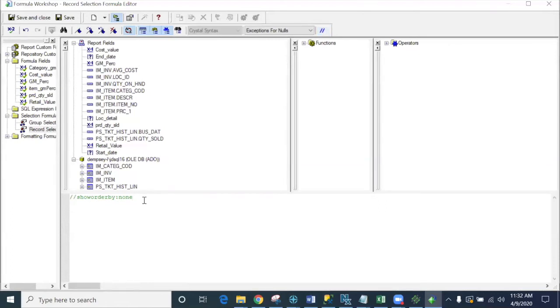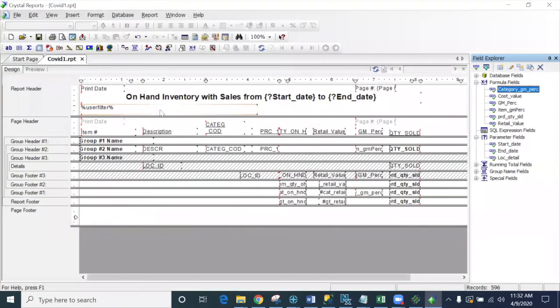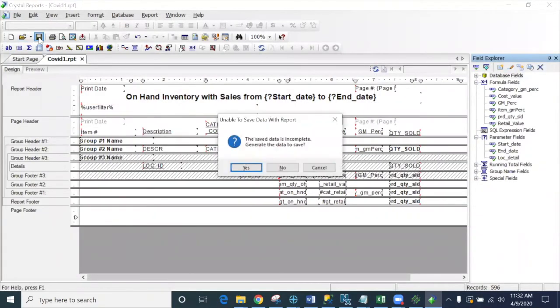And the other function we're going to put in here is prompt for parameters. And I've always thought this was backwards, but we're going to say no. We do not want to prompt for parameters, which means we're going to get rid of that extra pop-up window where we enter the date and whether or not we want the location detail. So if I save and close that and save my report,